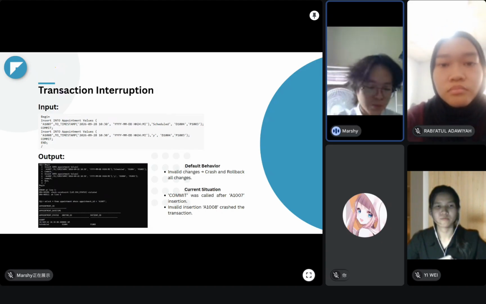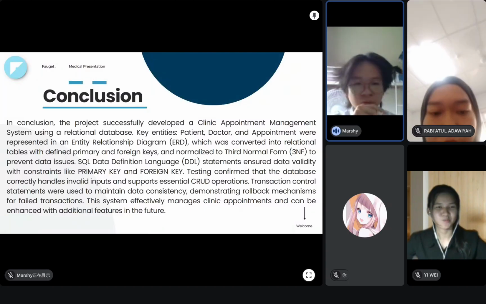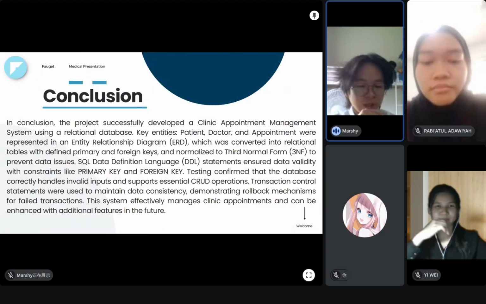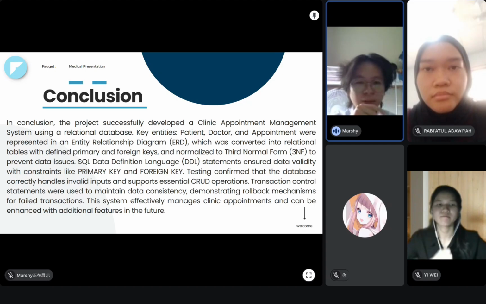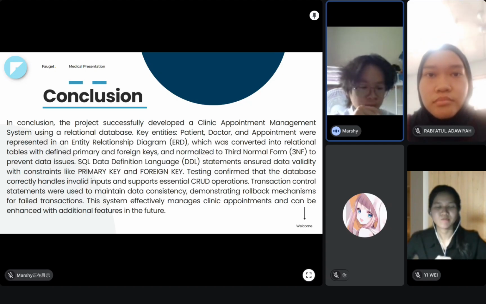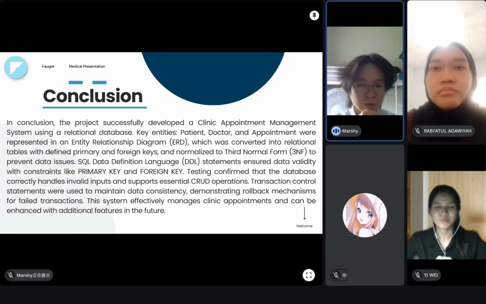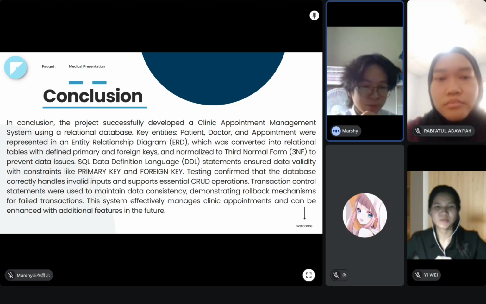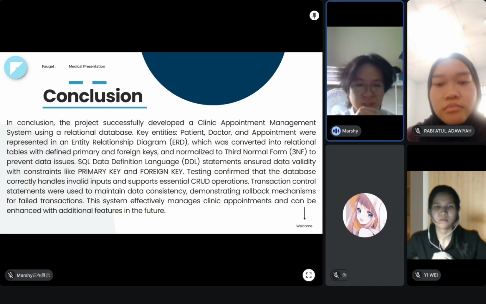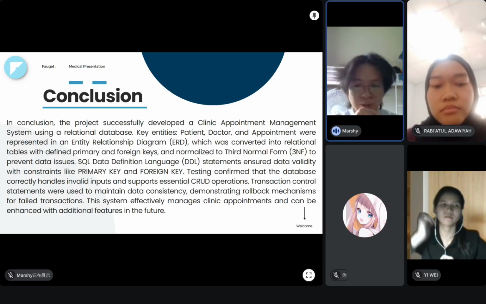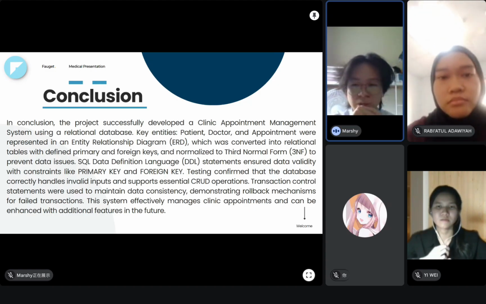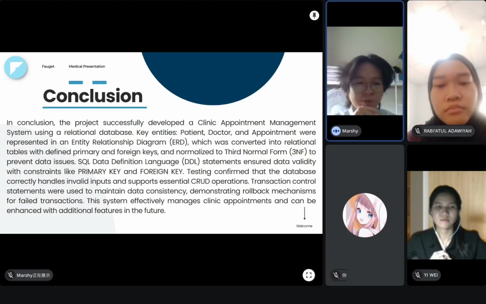So now we move to the conclusion. In conclusion, our group successfully developed a functional clinic appointment management system. We started by identifying our key entities: patient, doctor, and appointment. Then we represented them in an entity relationship diagram, ERD. Next, we converted this ERD into a relational schema and normalized it into third normal form, 3NF, to prevent data